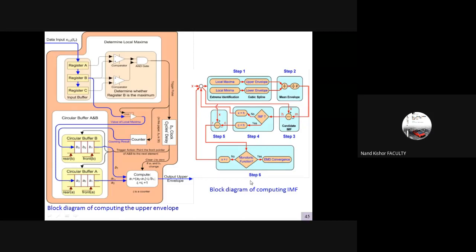This is another step, which we implemented in an FPGA for extracting the upper envelope. It just shows the inner block of the FPGA here. We have the storage of the data signal in the registers, and then determining the maxima and the minima, and then again the same way going to the next stage. All that part we have done here, and then finally we get the upper envelope. The same way we do it for the lower envelope as well.